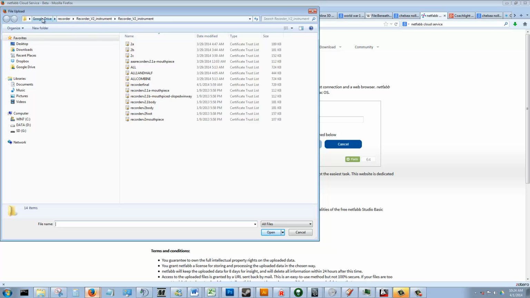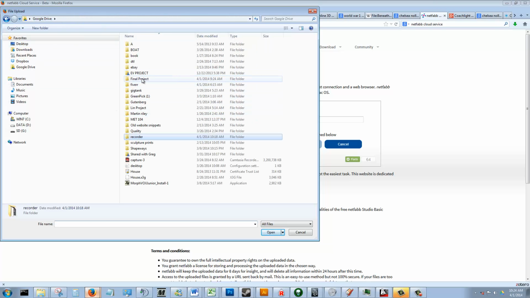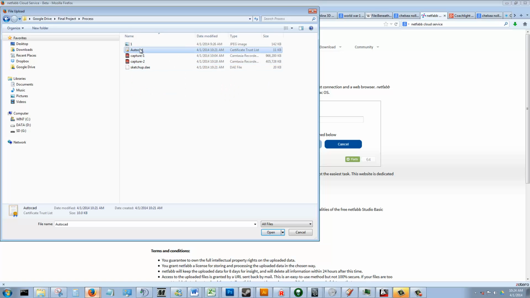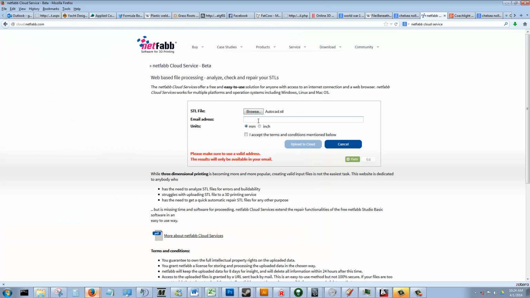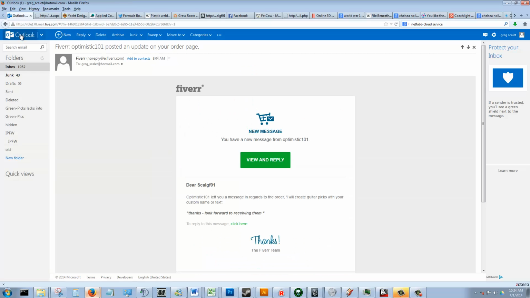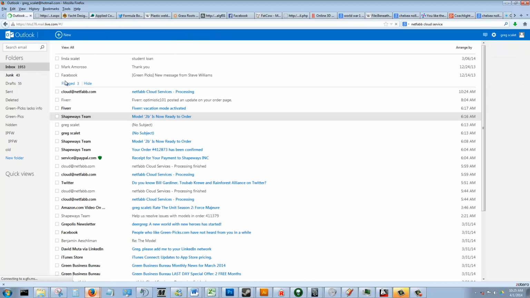So we'll go right in and ask you to load the file, and that will be our AutoCAD. Provide an email address for them, and we built this in units. Okay. So we upload that to the cloud. It's a very small file, and then we'll notice right in,